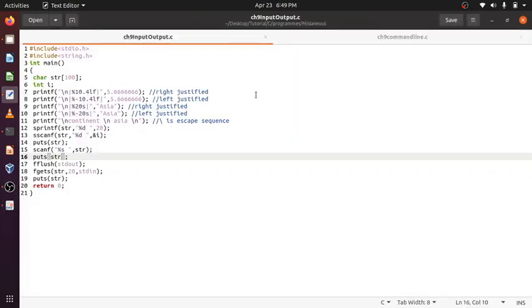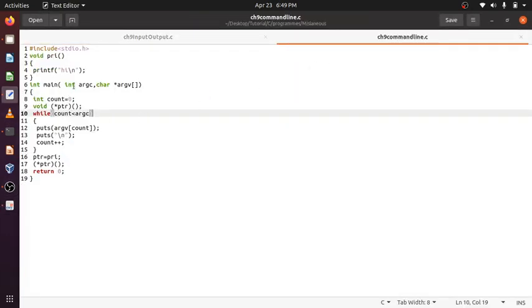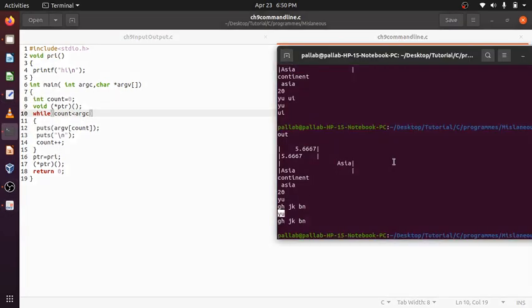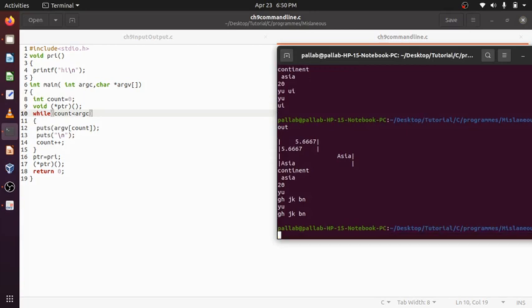No, one more thing is there, command line. This is called command line. Execute this program first.